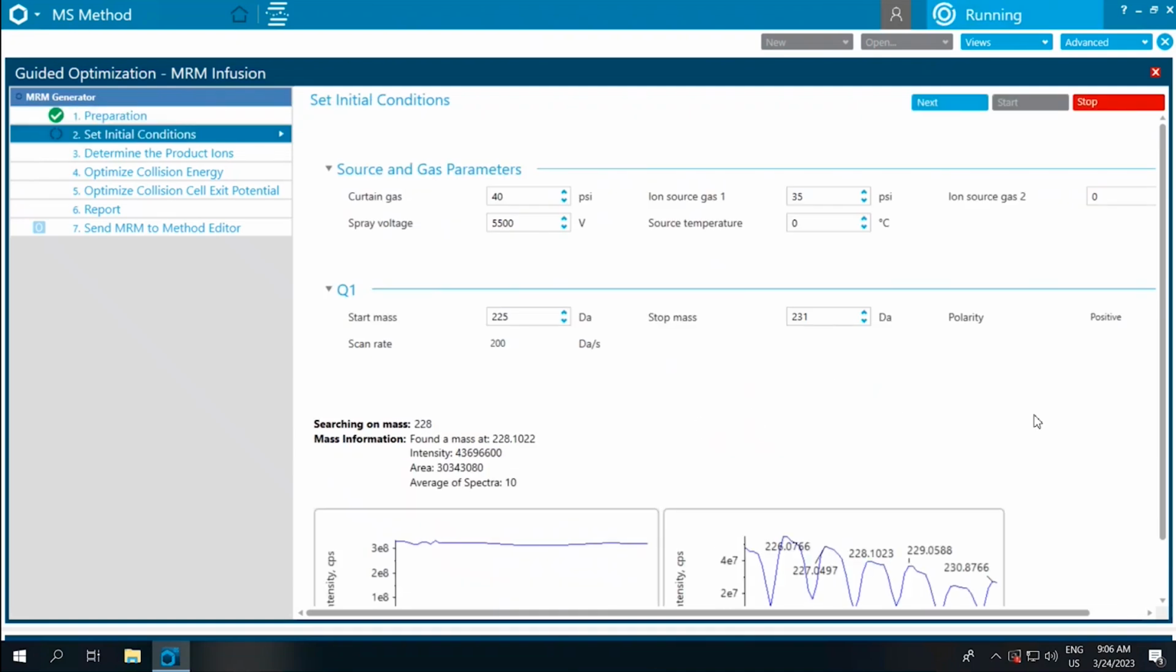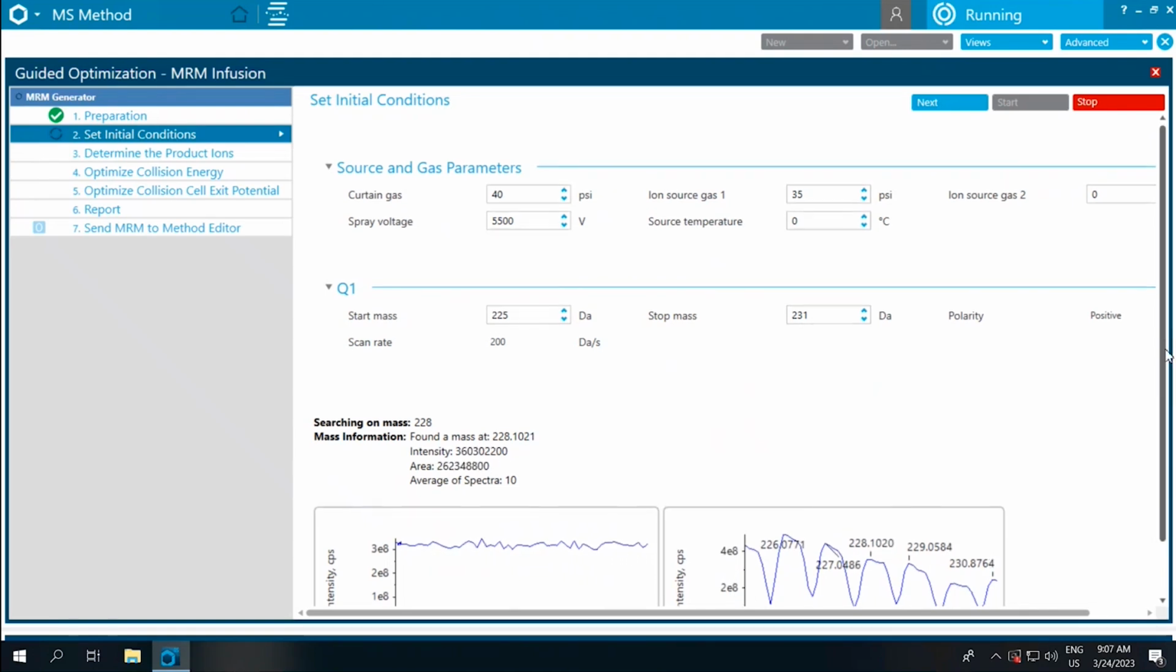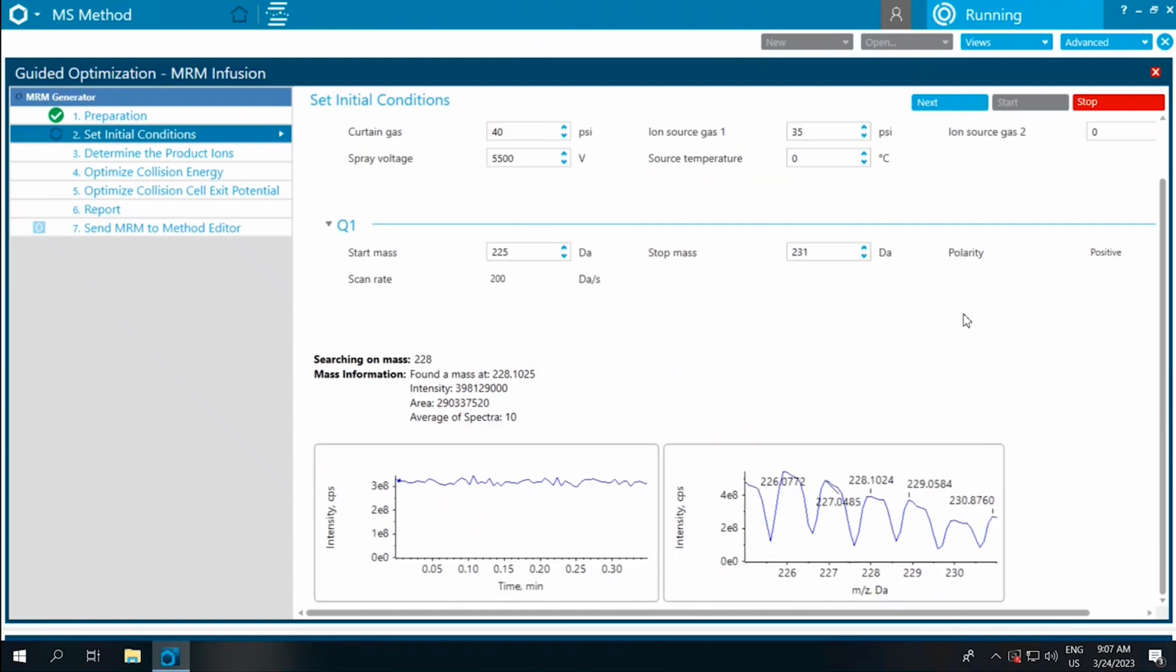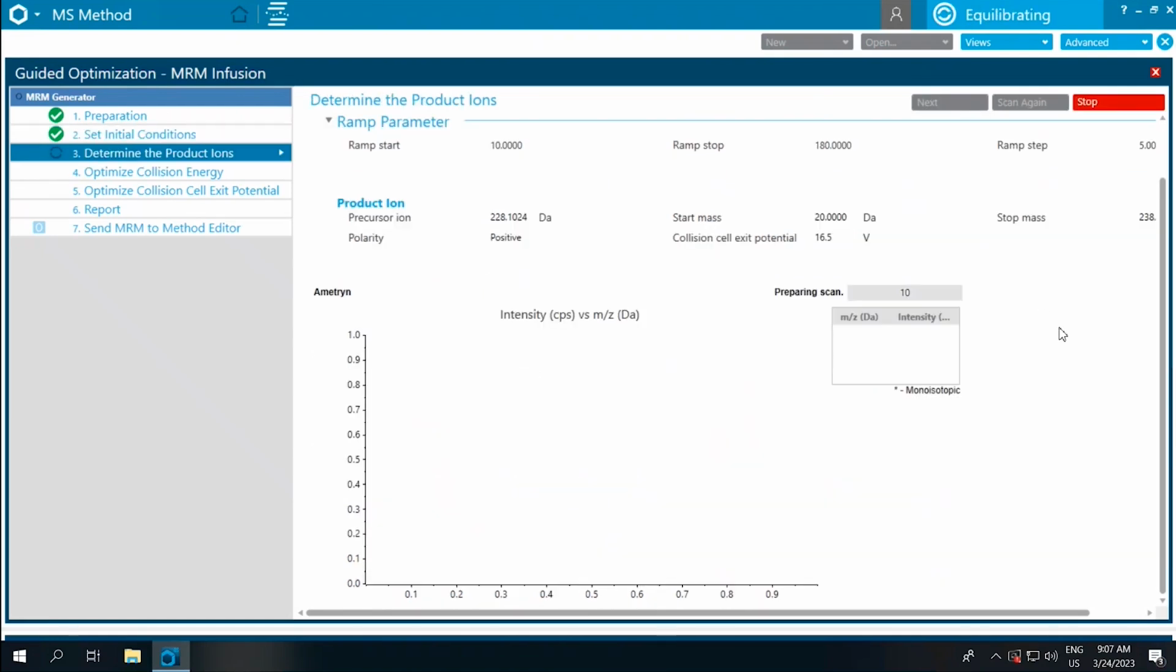And then because I've chosen automatic, everything is now essentially going to be done for us. So we can see the precursor mass at 228, and we can see a relatively flat line for our TIC, which is what we want to see. Let's move down so you can see that a little bit better. And then if we click on next, because we're happy that we've got a flat line there for the TIC,